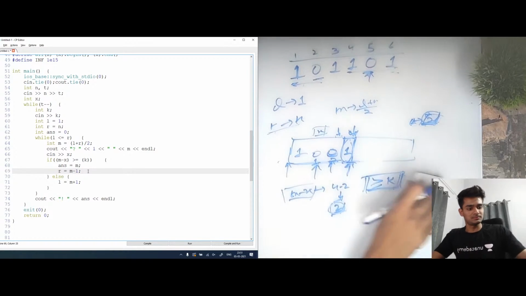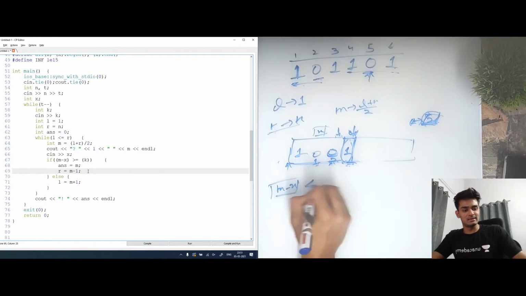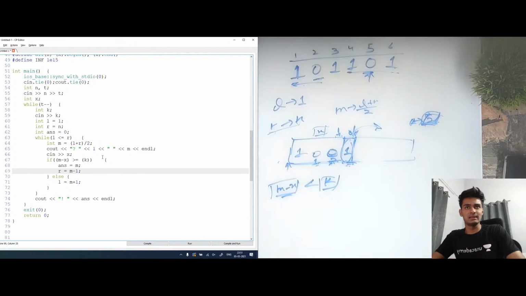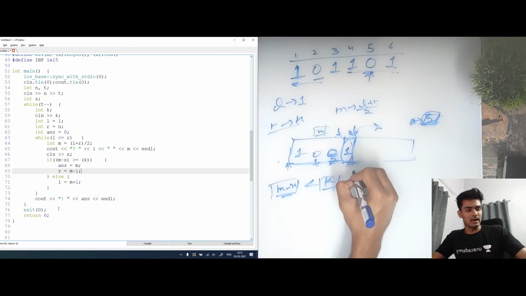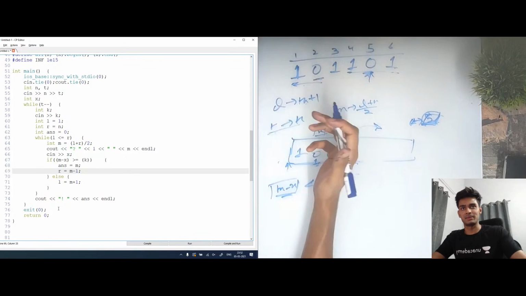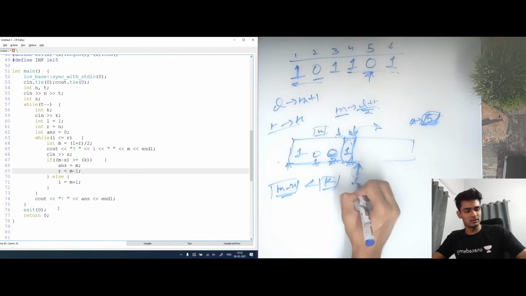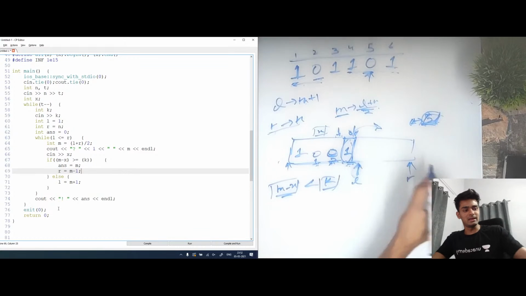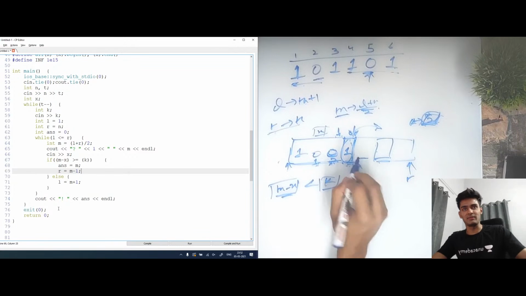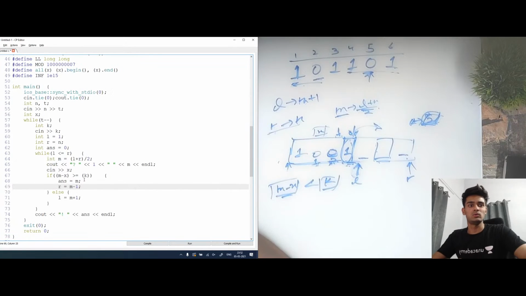Okay, so let's say we had M minus X and this was less than K. If this was less than K, we know that we need to move in the right direction. So I make L as M plus 1 and R remains the same. M was already (L plus R) by 2, so L comes here and R stays here only. So the next midpoint that I'll consider is this one. And similarly, I'll just see if my answer lies in the left direction or the right direction, and I'll just keep on going like this. And that is how you are going to solve this problem.